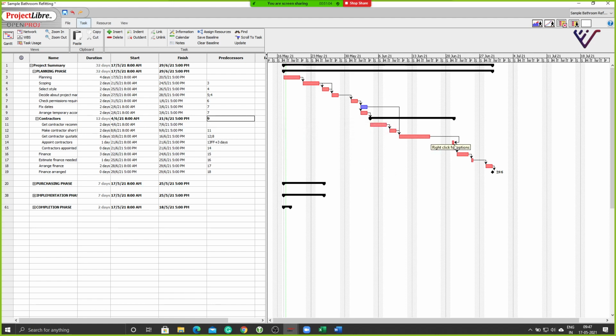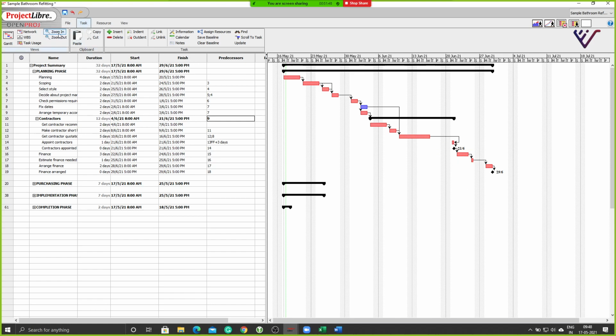So now when I say OK, you see what's happened now? The finish of this is now connected to the finish of that, but it comes with a 3-day lag. You see, this is a 5 days activity and this is a 1-day activity. This activity starts on 10th and ends on 16th. So this task is linked to a wrong item also. You see this activity ends on Thursday here in the calendar, and I have Friday.